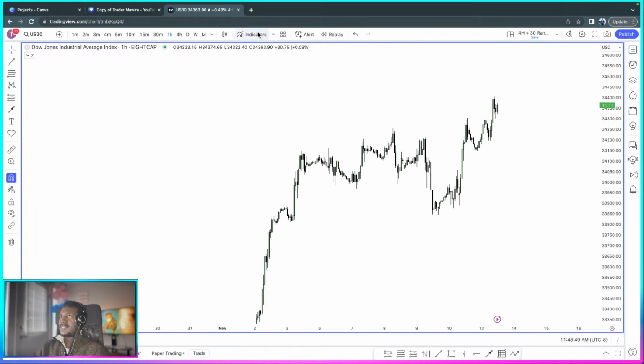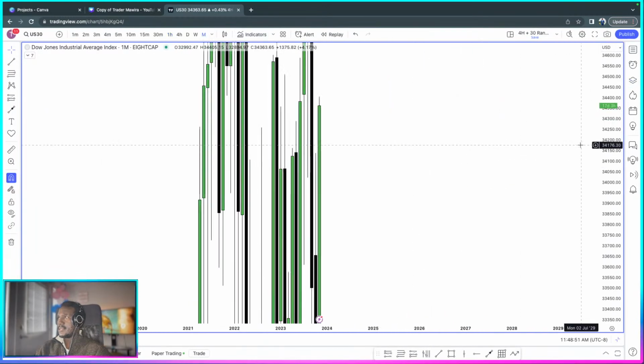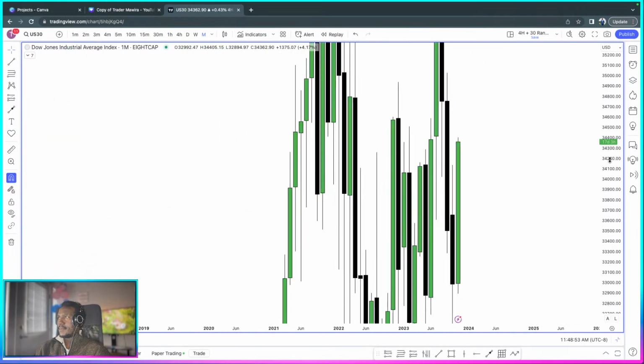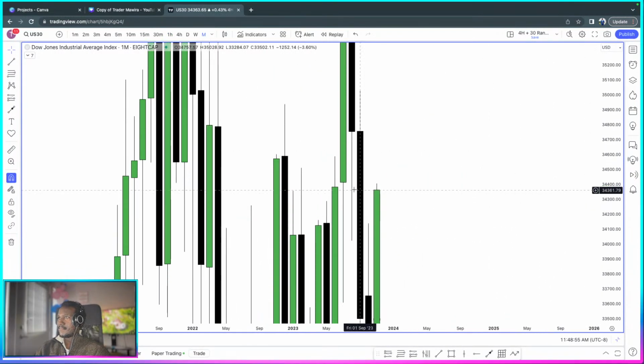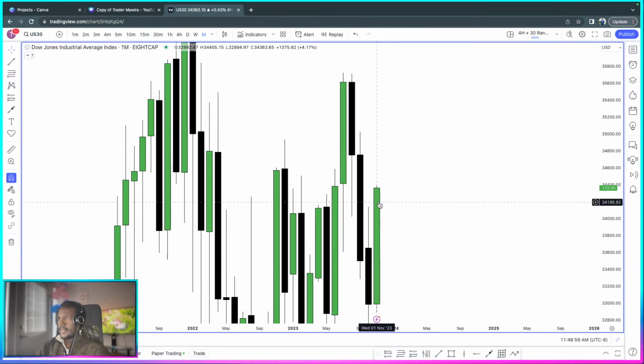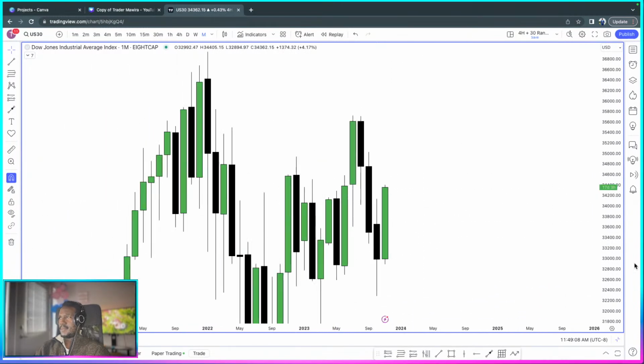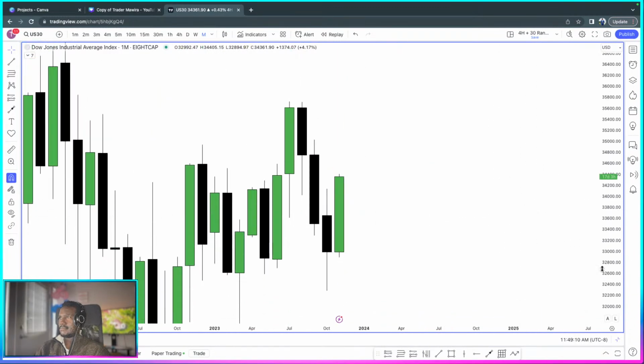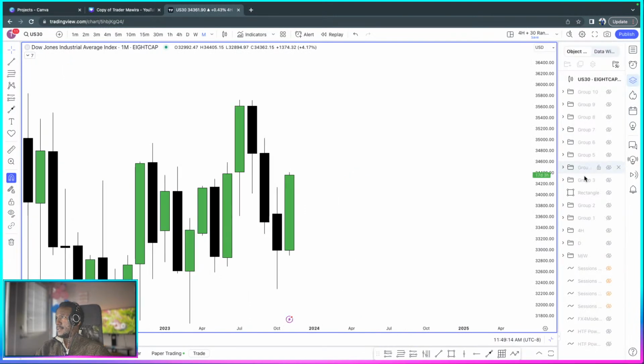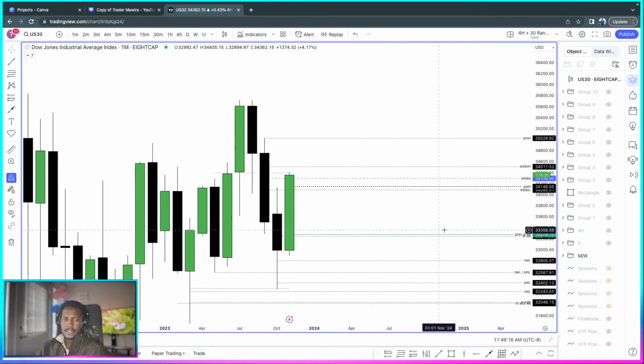So let's go check this out from the monthly. We only have about 10 minutes, so let's do a quick one. I like where we are right now at this imbalance, right? We traded down and then we should see it go straight up. But I'm thinking, this is today's candle, I think we should get a little bit of retracement. I'm not seeing anything vicious to go for. But let me pull up those monthly and weekly levels right there.